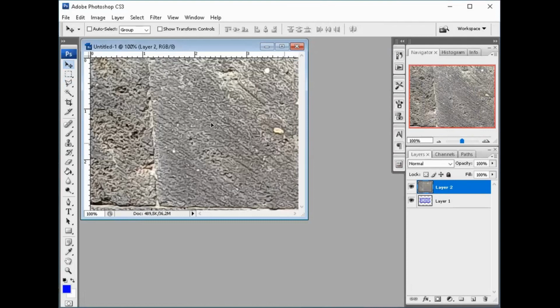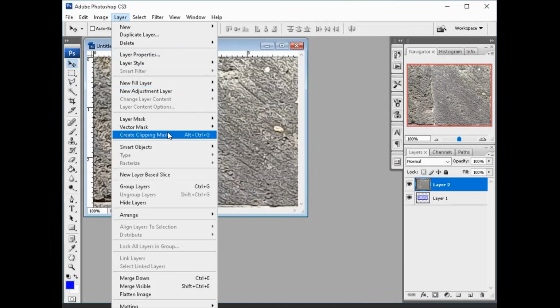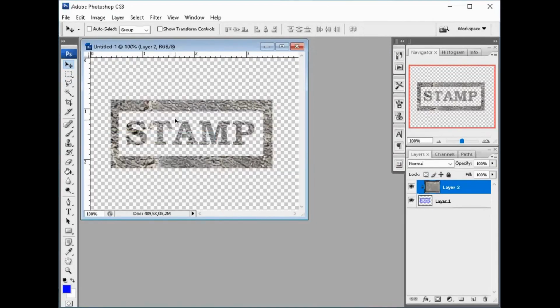The image of the wall goes on top of layer 1, and then we can use Layer and create clipping mask. The result looks like this. It's gray.